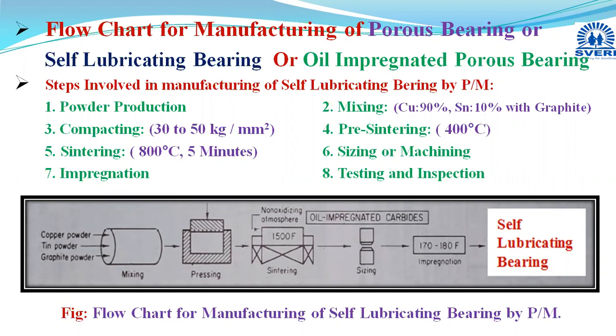Means powder is very loosely attached. It will get separated from that component. And suppose you have exceeded the pressure values, you are using more pressure, then what will happen? Here, this punch walls or this die cavity walls may get damaged. Hence, you have to use the pressure values within this range only, 30 to 50 kg per mm square, for